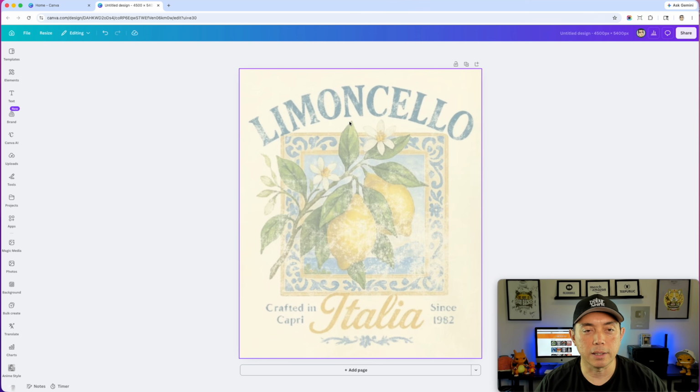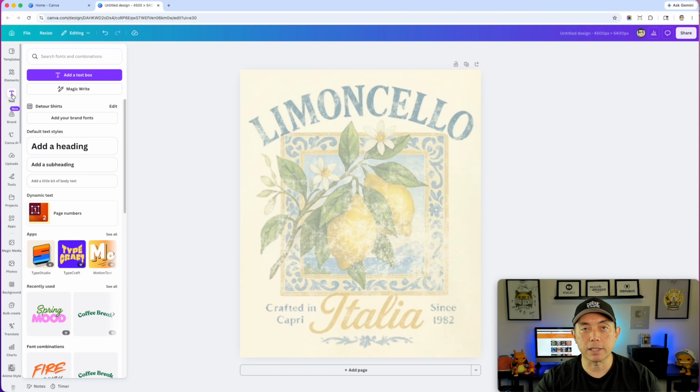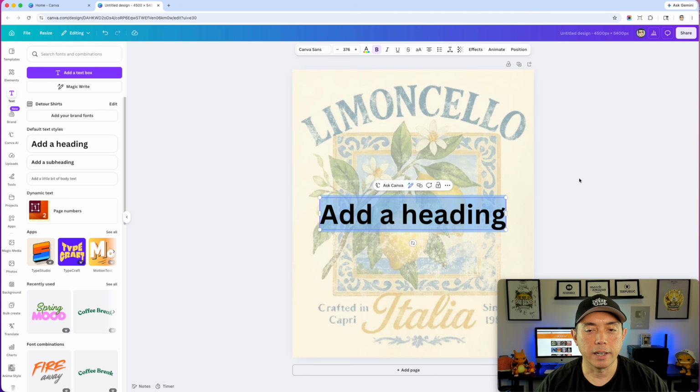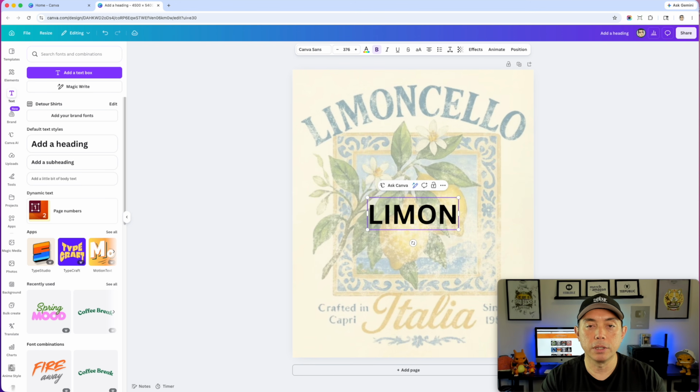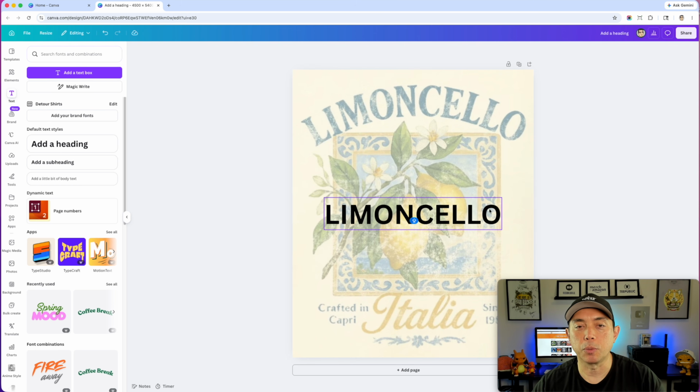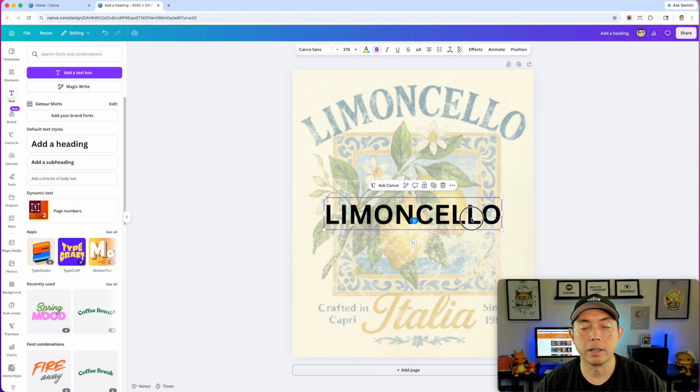So doing text at the top first, what we're going to do is click text here on the left. So click that. And then we're going to just add a heading. Click that. And then we're going to type in the word. So double click on here, hold down your caps lock and just type in LIMONCELLO. So don't worry, we're not going to copy this exactly at the end, but we're trying to copy it close enough